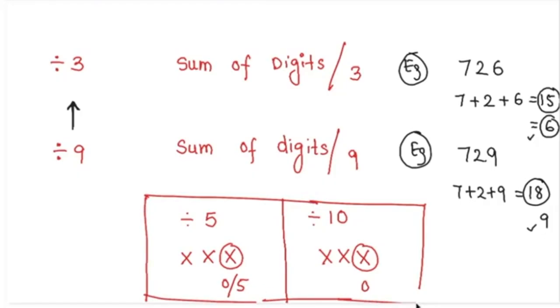So divisibility of 5 and 10 will follow the same rule. You can just check the last digit of the number. If the last digit is ending with 0 or 5, then we can say that number is divisible by 5. If the last digit is ending with 0, then we can say that number is divisible by 10 definitely. So apart from these numbers, if you come up with any other different numbers,